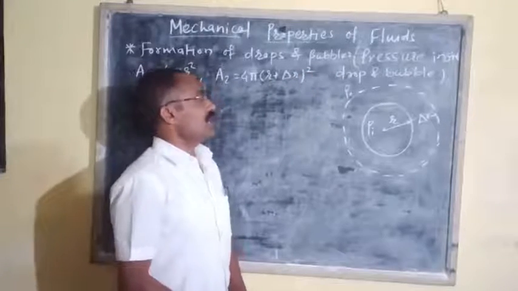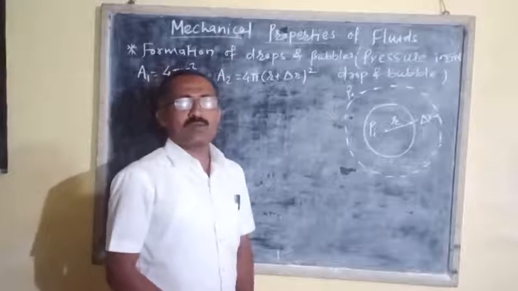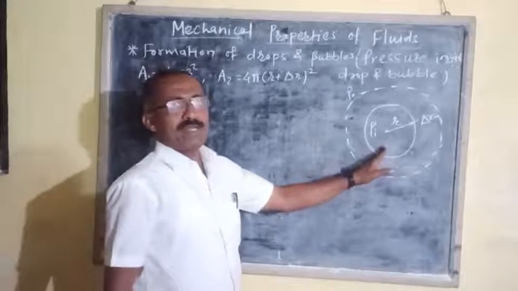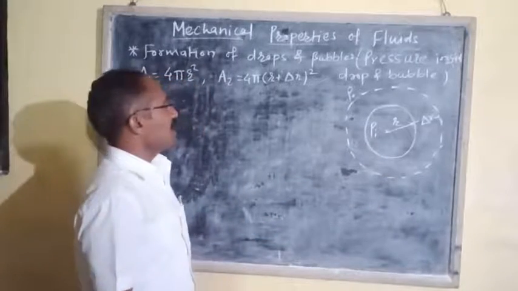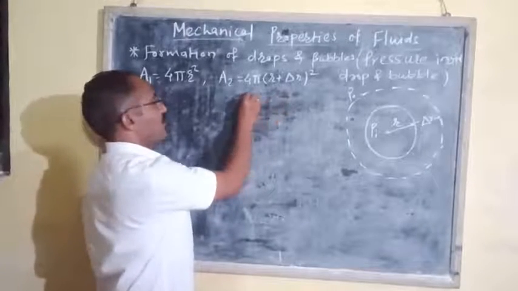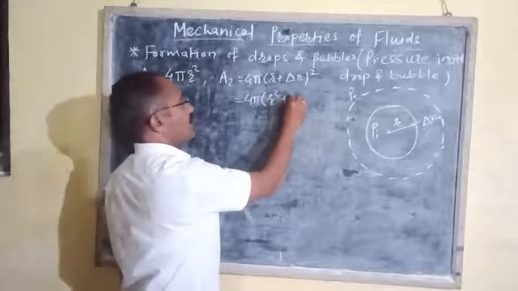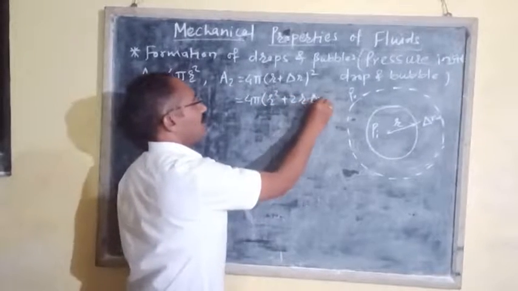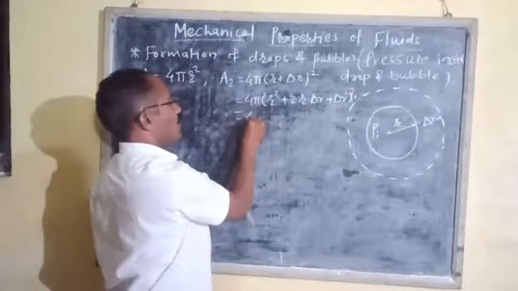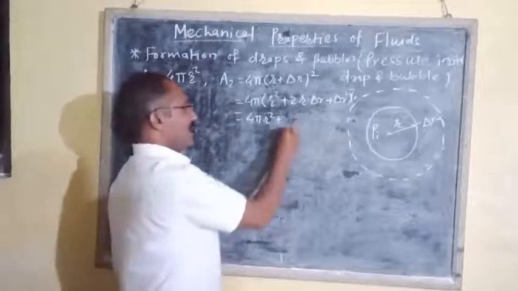This increase in radius is very small, so the pressure inside the drop remains constant, or the force due to surface tension remains constant. Expanding this equation, it is equal to 4 pi r square plus twice r into delta r plus delta r square, which is equal to 4 pi r square plus 8 pi r delta r,